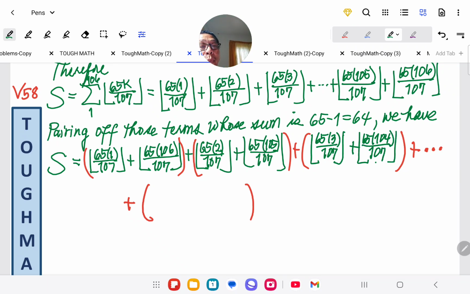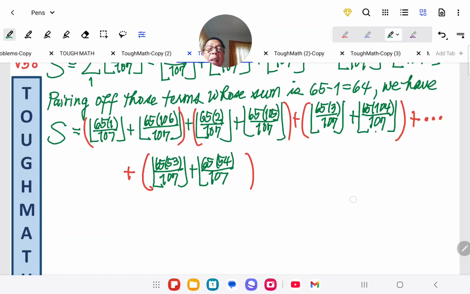And the last pair would be 65 times 53 over 107 plus 65 times 54 over 107. Okay, so each of these quantities inside the pairs of parentheses is equal to 64,